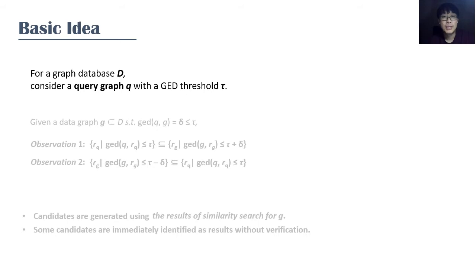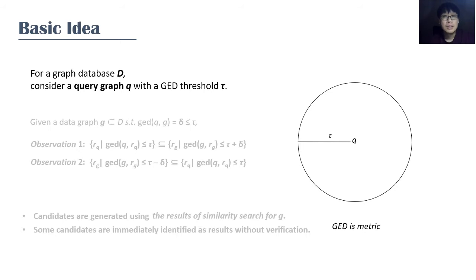Consider a query graph Q with a GED threshold tau. Since GED is a metric, for the ease of presentation, I will describe the basic idea with an illustration in two-dimensional space. The circle shows the result space of the query. Given a result graph G such that the GED between Q and G is delta,